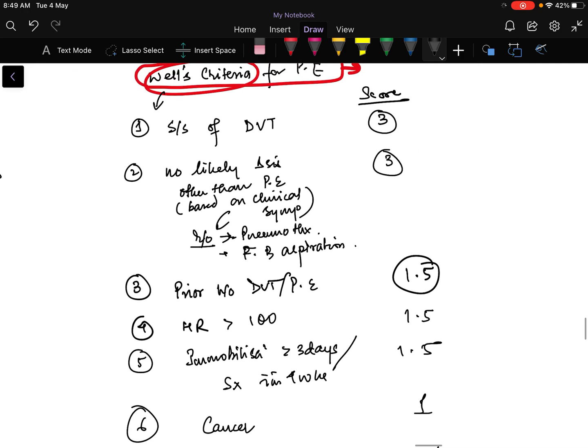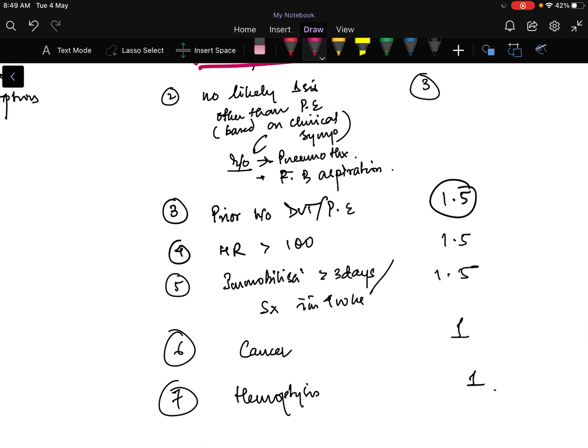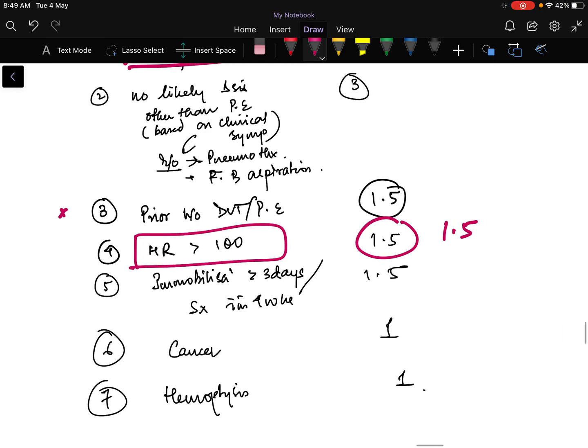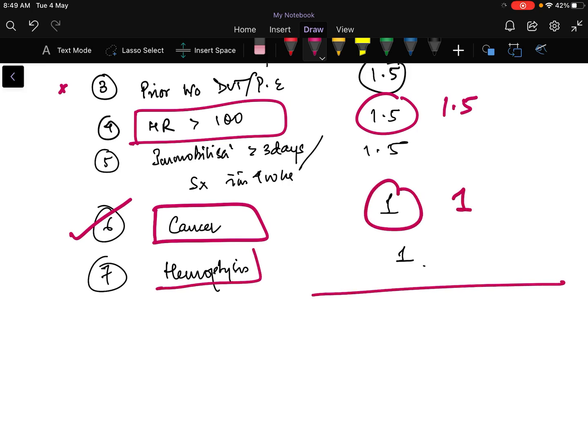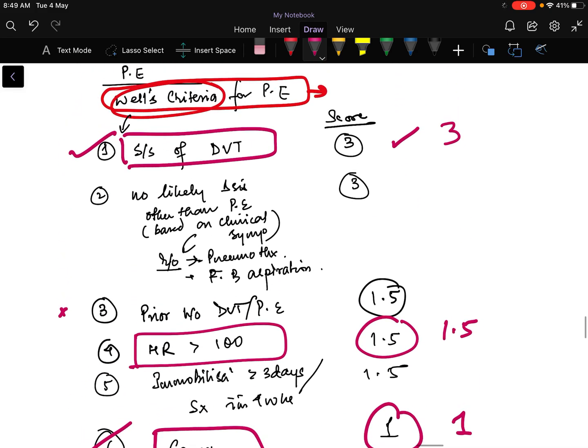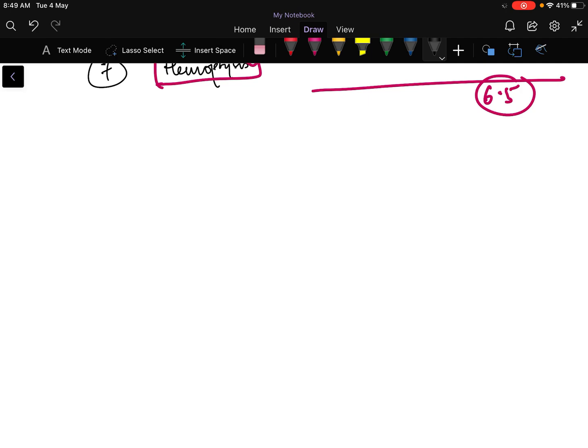Right. So from these points in our question, what we find similar is signs of DVT. Yes, so I give it a 3. Heart rate more than 100, give 1.5. And what else? There is cancer in the patient, you give 1. So we get a total score. Yes, we have added hemoptysis as well, so it is 1 again, 1, 1, 3.5 plus 3, 6.5. So now what they say is that if you have a score above 4,